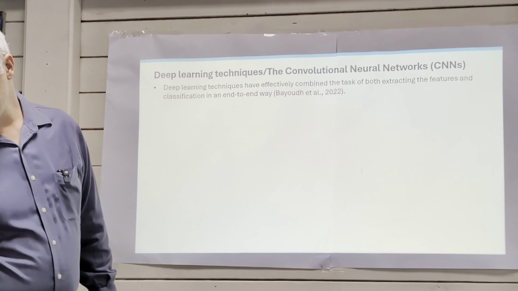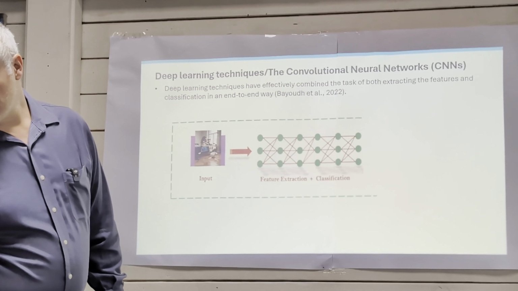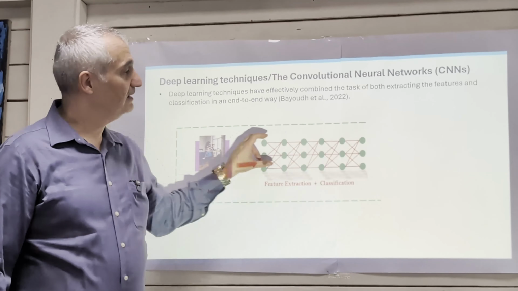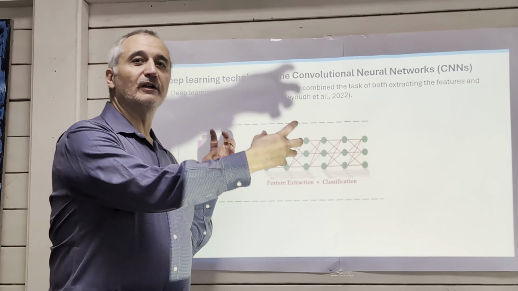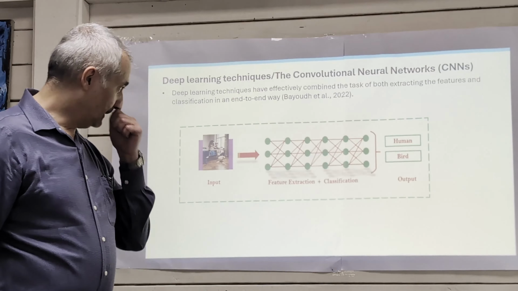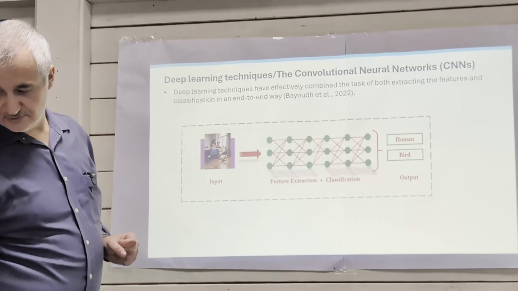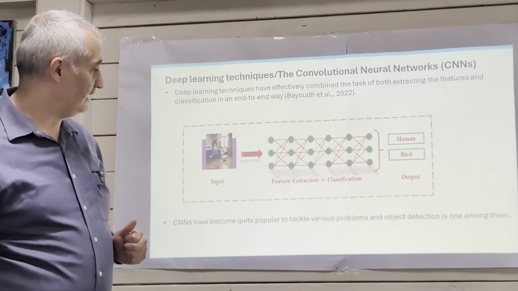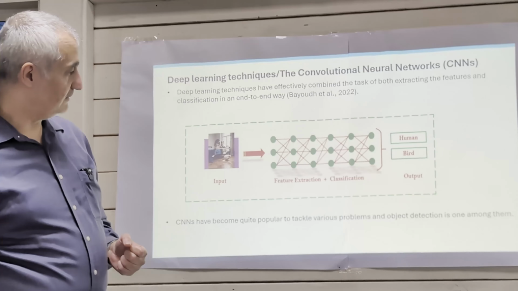So the next thing is deep learning and convolutional neural networks, which put those feature extraction and classification stages together, so that gives you a deeper neural net. The process is similar, but it works on a larger scale, and then you get the output directly. The classification part is embedded into the system, but I'm not going to go into the details of it. They became quite popular, and sped up the training processes.